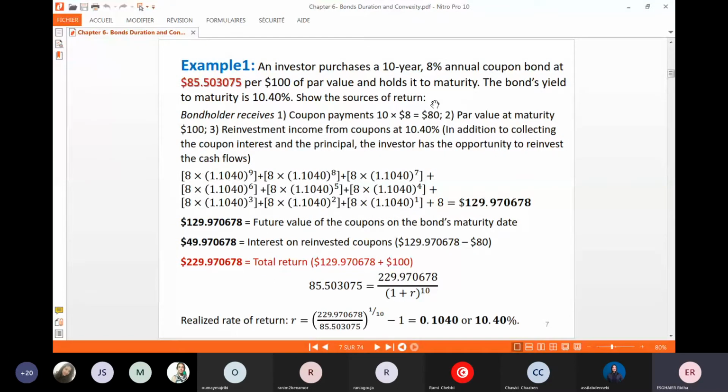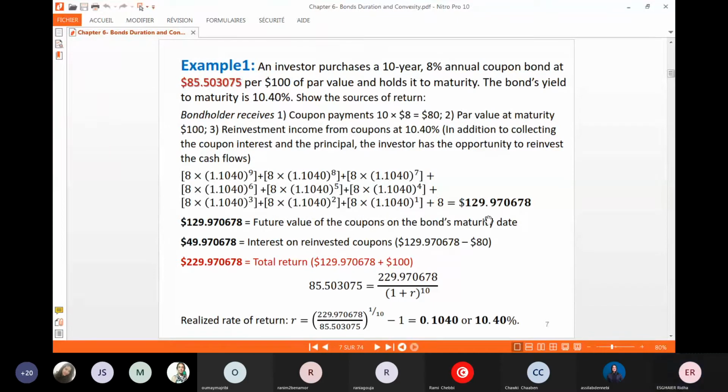So the first coupon to be received at the end of the year, 1 year from the purchase date, could be reinvested for 9 years from date 1 until date 10. I have 9 years of investment, 10 minus 1. The second coupon to be received could be reinvested during 8 years from date 2 to date 10, etc. Knowing that the reinvestment rate is 10.4%, the future value of the coupons at the maturity date of the bond is